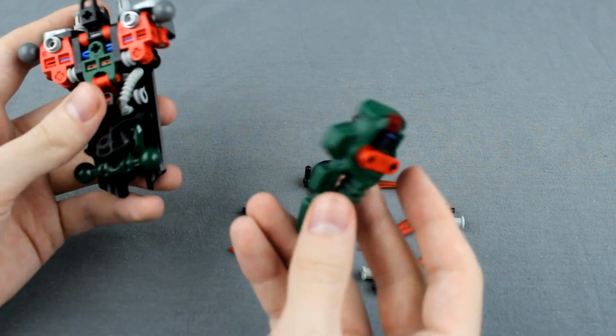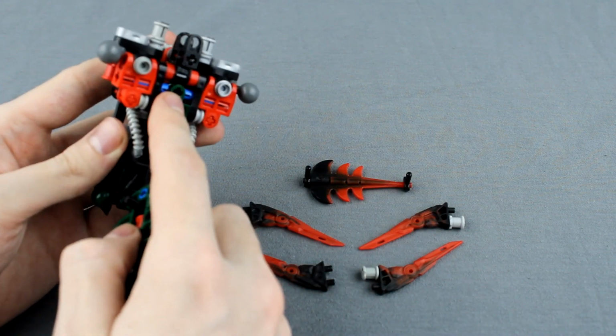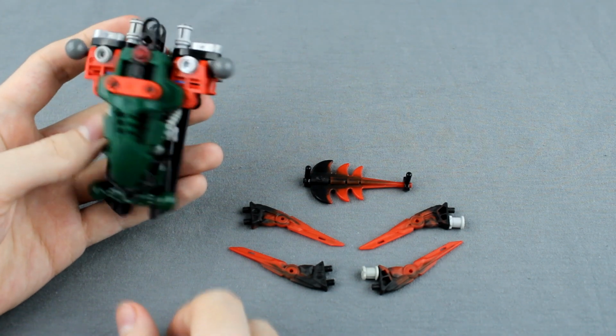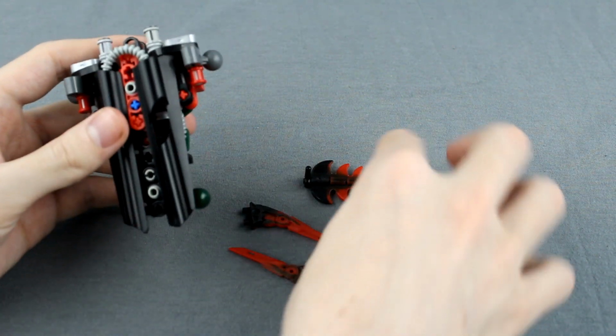Alright, and then last but not least, take the Roxy foot piece. Now on that axle, just stick that into that axle hole on that hand connector. It fits in perfectly. Alright, and now for the last bit of details, go ahead and start with this dragon